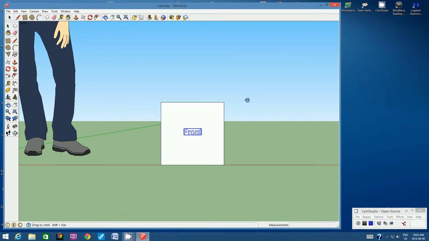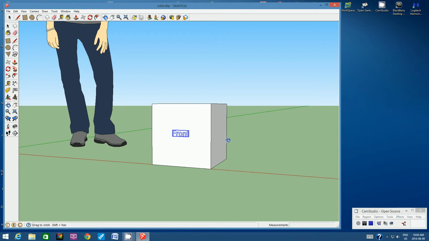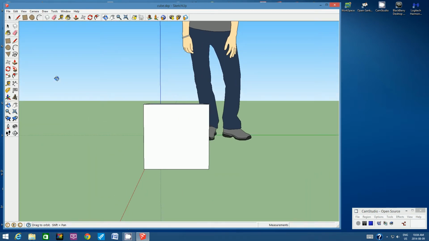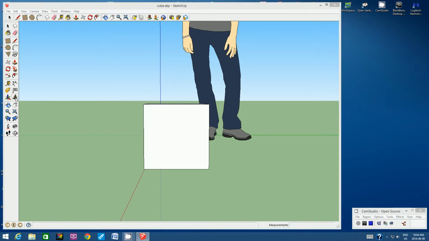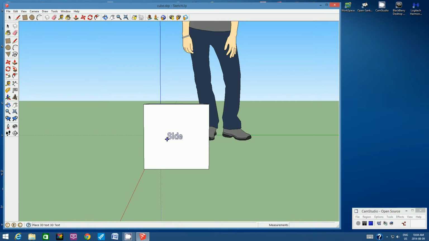All right, I want to repeat it for all of the sides. So I'm going to use the Orbit tool. I'm going to spin around so I'm looking at it from the side. I'm going to click on the 3D Text tool, and this time I'm going to type in side. Now it will remember all of the settings I used previously: my font, bold, the height, and extruded. So now all you have to do is click Place and place it in the middle of that side. Click to glue it on there. All right,